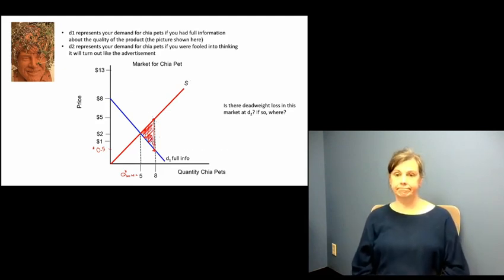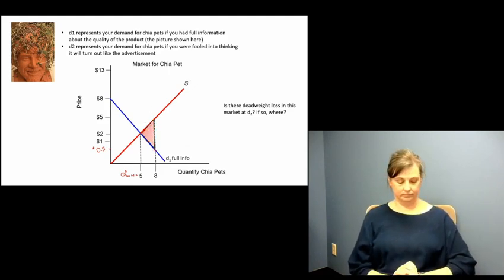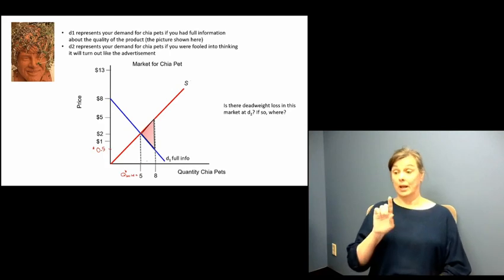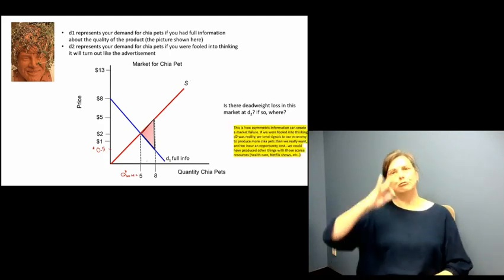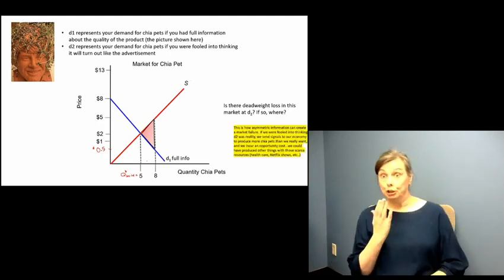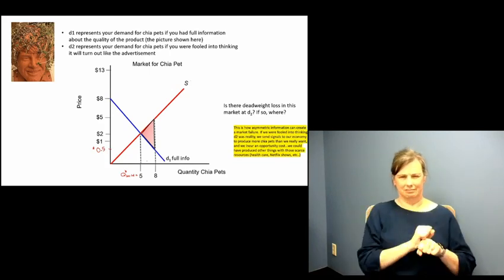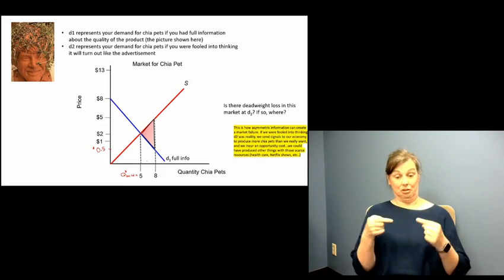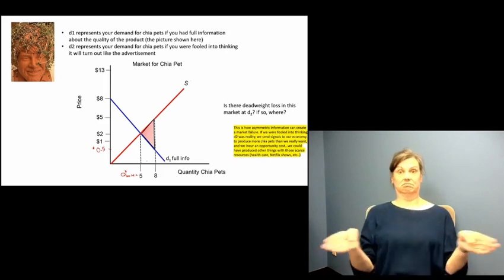instead of 5. And so this is the area shaded in right here that corresponds to deadweight loss if we are fooled into consuming 8 chia pets because of lack of information on the quality of the product. So you may think that this might not be such a big problem, but from an economic standpoint, it's a pretty painful problem in general for society, because what we're doing here, if we buy 8 chia pets